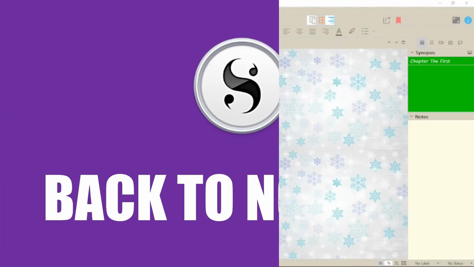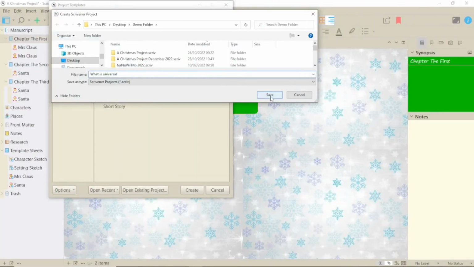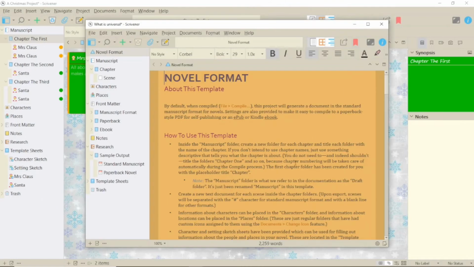I guess today we have to take the decorations down on our Christmas Scrivener project. It was good while it lasted, and the time for planning is coming up. Let's just have a quick look at what would stay the same if we opened up a new project now,